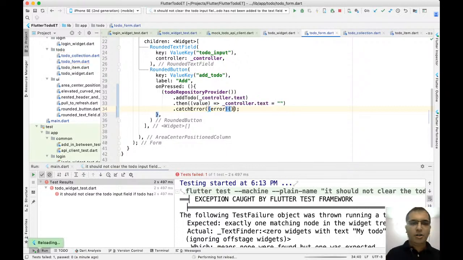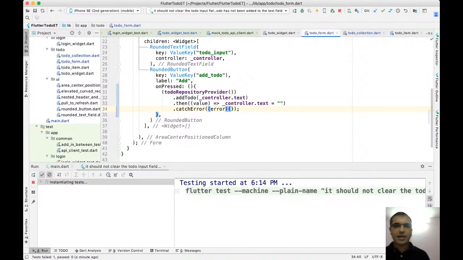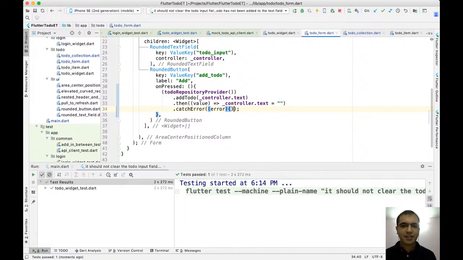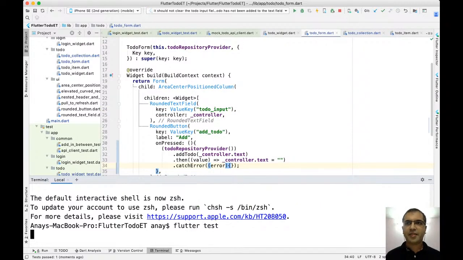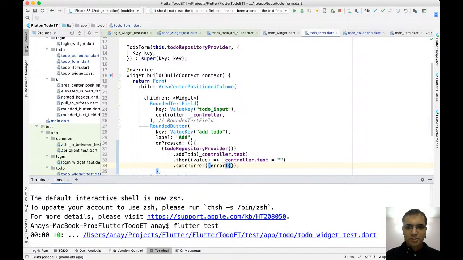Right now we are not talking about displaying any error, but let's see. If everything works fine, now the test should pass. Yes, and my test is passing. Let's quickly run all the tests. Okay, cross fingers, cross fingers, cross fingers.